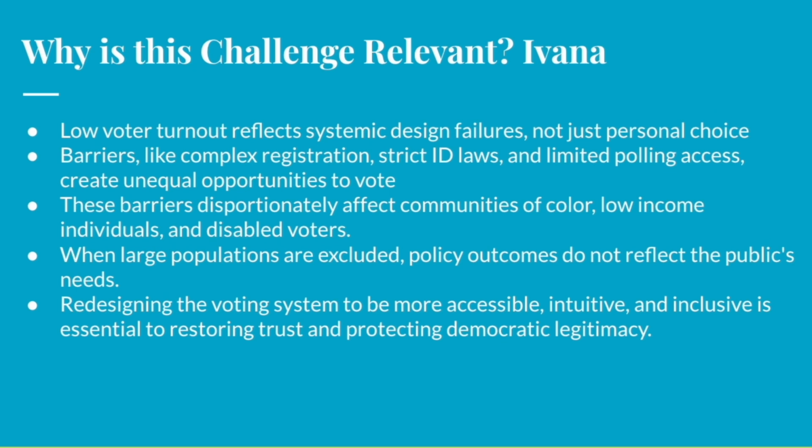When certain groups are restricted from voting, they are additionally restricted from making decisions regarding their own healthcare, housing, education, and civil rights. According to Pew and FairVote, increasing turnout calls for reconsidering how our systems are designed. This includes making registration easier by requiring registering to vote or automatically enrolling citizens to vote, increasing polling access, and improving the overall processes, accessibility, and inclusiveness. If democracy is supposed to represent everyone, the system must be designed so that everyone can participate